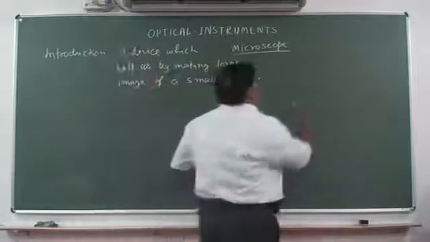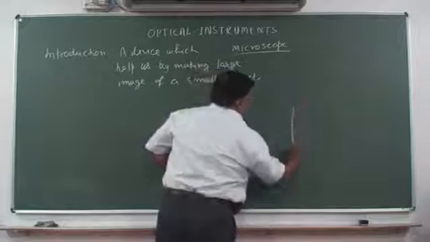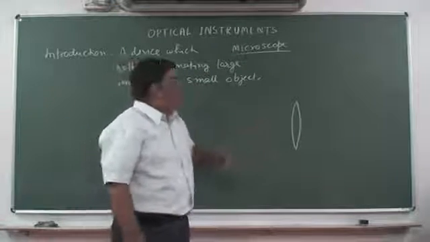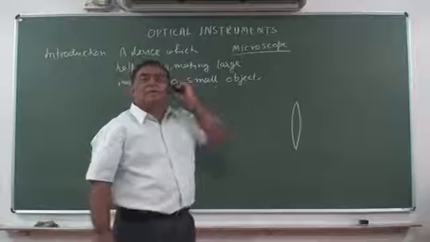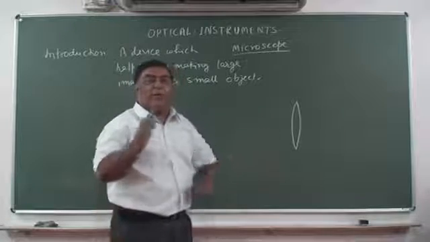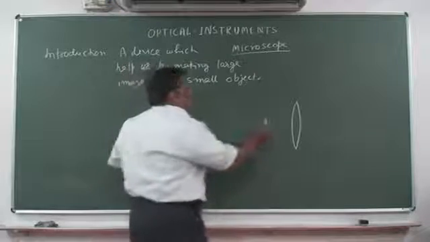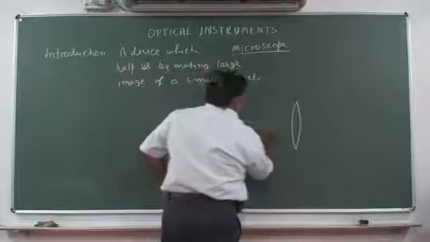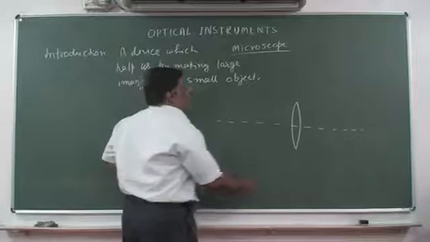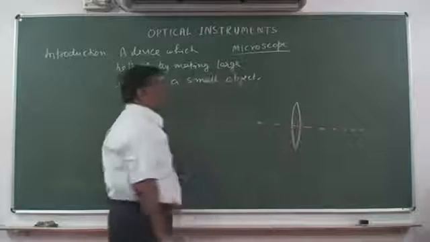Only a convex lens. If we see from the side, the convex lens will appear like this. A double convex lens, the simple most convex lens. It will appear like this. Now this is microscope. But this will be microscope only when it is used with a particular arrangement. What is that arrangement? We know that every lens has a focal length. So it has a focal length on both the sides. That definition we have already studied.